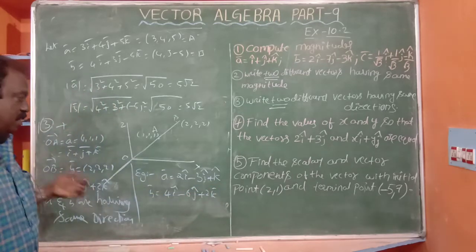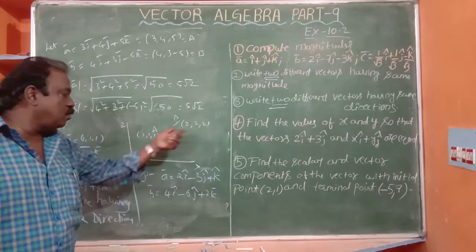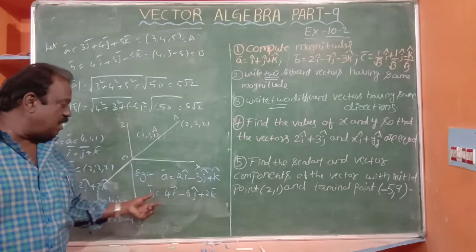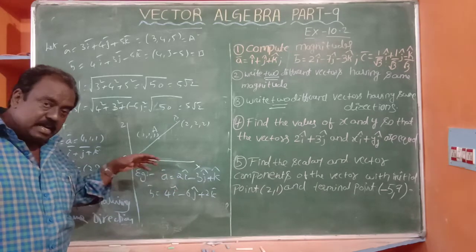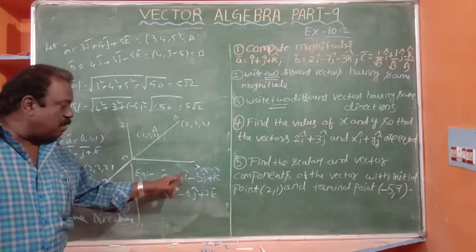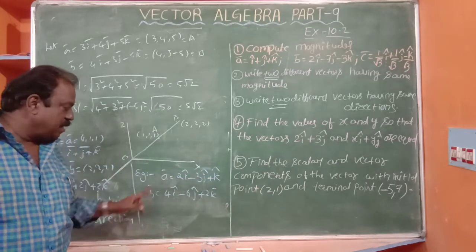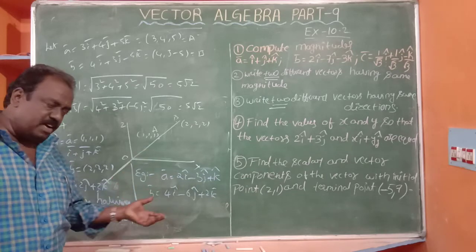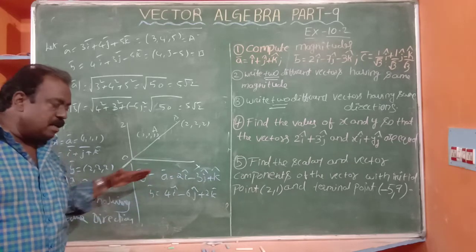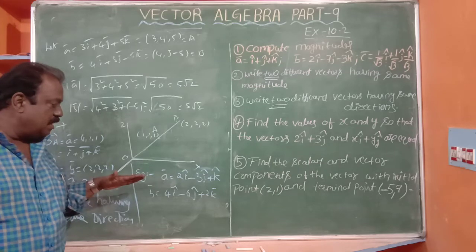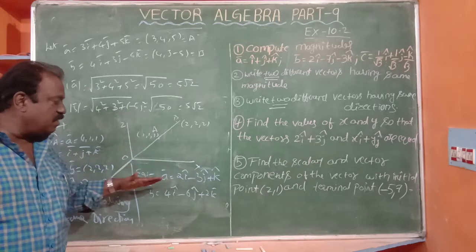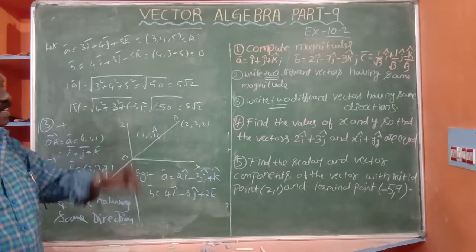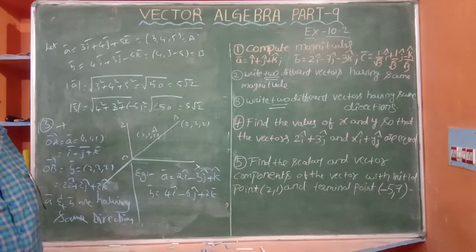Simply observe me there. It is 2 times, here also 2 times. Not 2 times, 3 times, 5 times, 10 times, then also they are different. Here the point is 2 comma minus 3 comma 1, and here 4 comma minus 6 comma 2, another point. Position vectors are different, points are different, but they are lying on the same line, or having the same direction. Okay now? So that is the third question.